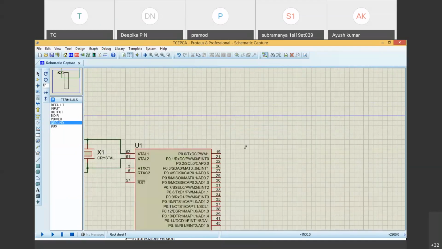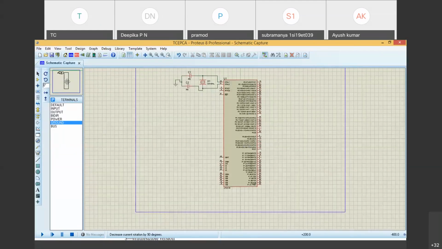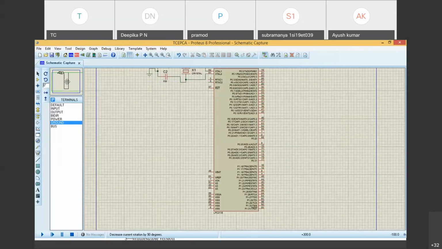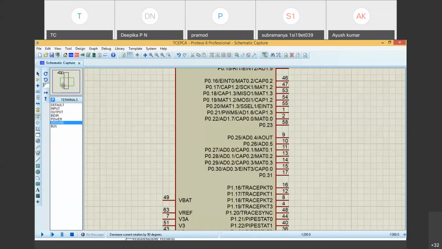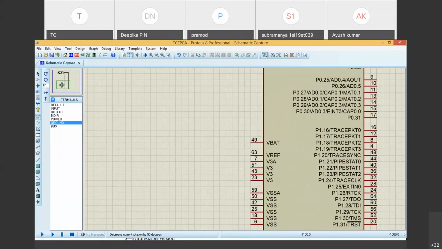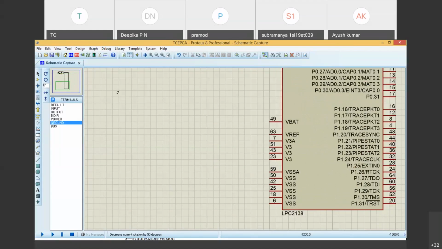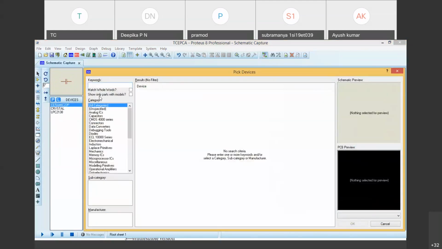What else is required? Now I need to give the VCC and ground connections of this. So again, I'll just click over here. I'll just make it enlarged or bigger, whichever I need. I'll come to this point. So like this, I'll be moving up, down. I'll come here now. I'm interested in this connection now. What is this connection? So first I'll take the power. So which power? Now I need to go to component mode again. Select the battery. What battery? I'll take cell. Cell is the battery.